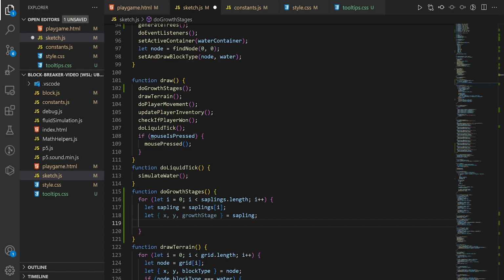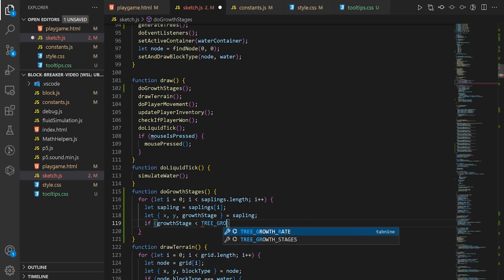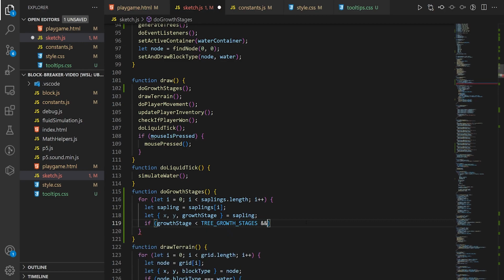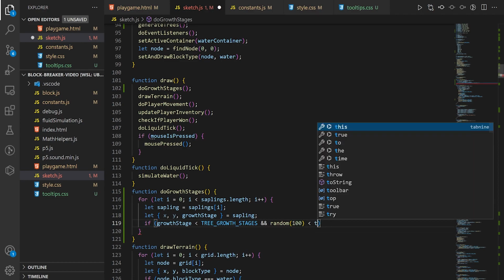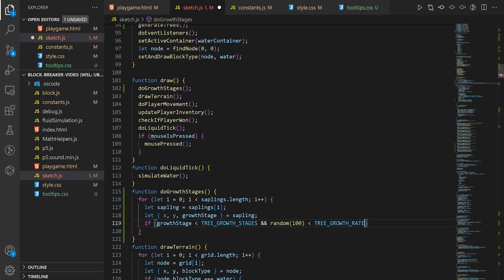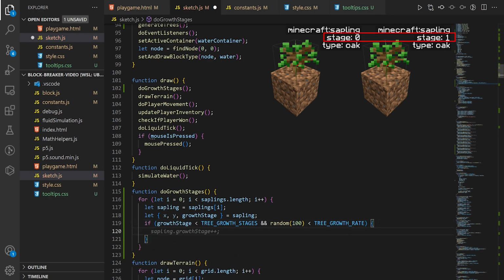We then check what the growth stage is. So we say if the growth stage is less than the tree growth stages, so that means it has more to grow, and random of 100 is less than the tree growth rate, wherever that is, right here. So if we have more to grow and we get lucky and we hit that % chance that we need, we then want to do